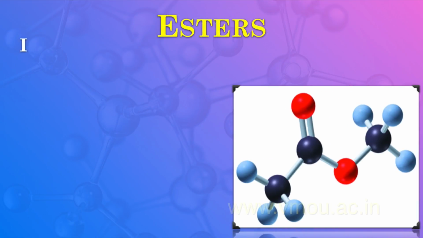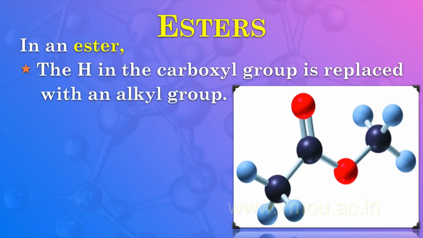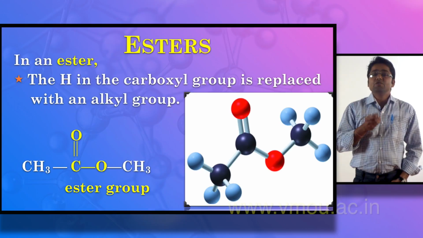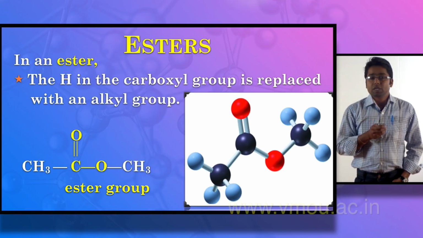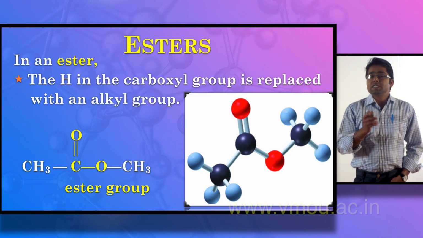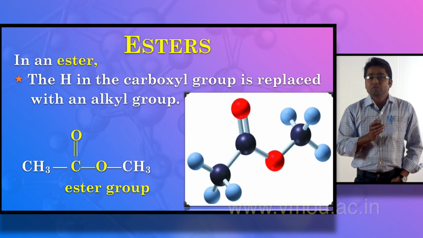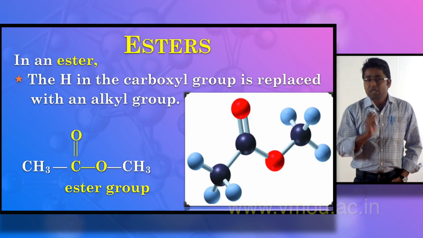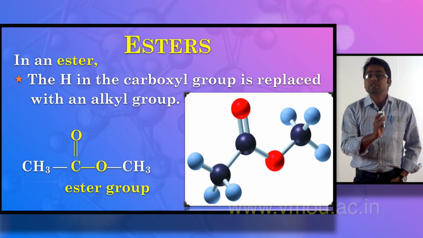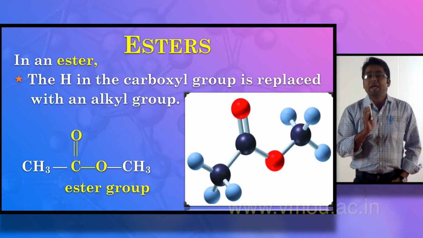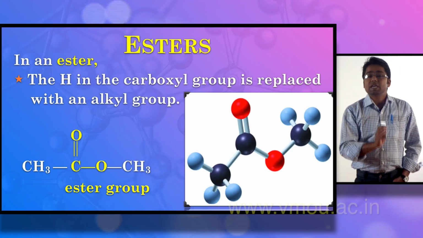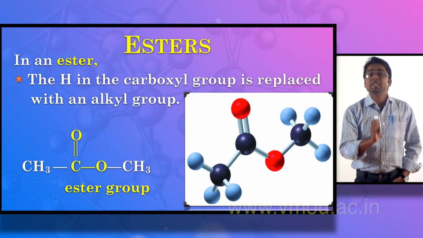Actually, esters are derived from the carboxyl group. When the hydrogen of a carboxyl group is replaced by an alkyl group, the relative ester is formed, in which one part is considered an alcohol derivative. If we take the example of methanol, what is in methanol? CH3OH. When it ionizes, it is converted into CH3O-. This CH3O- is considered the alcohol part in esters.